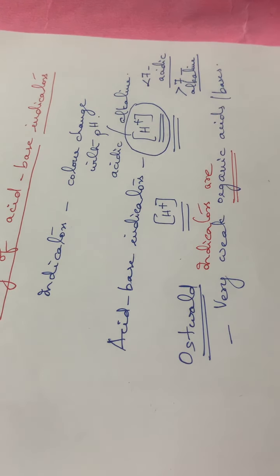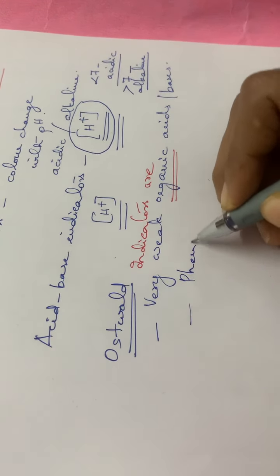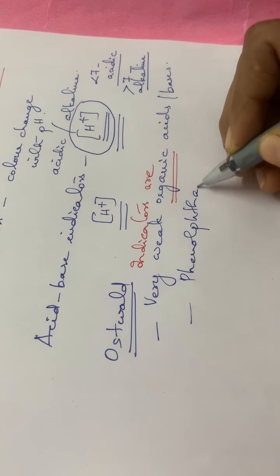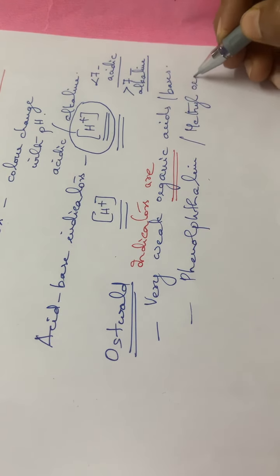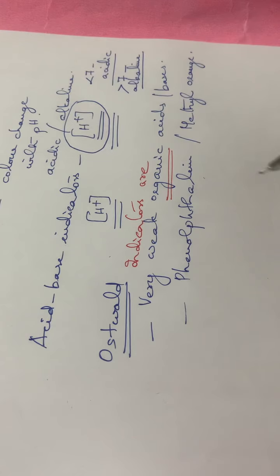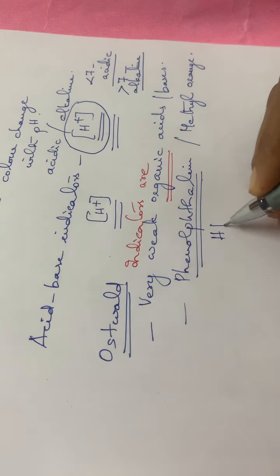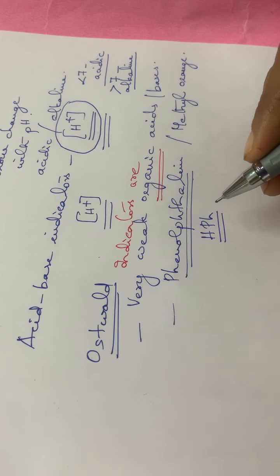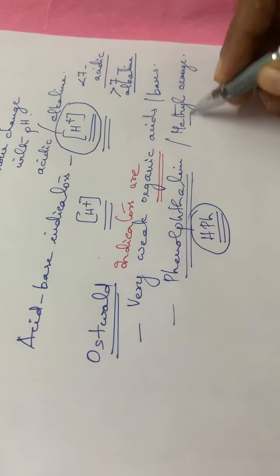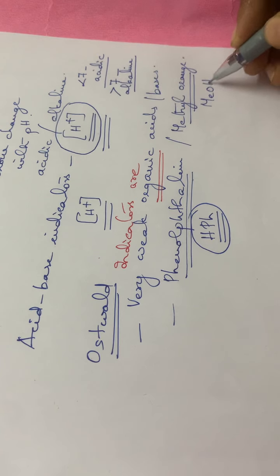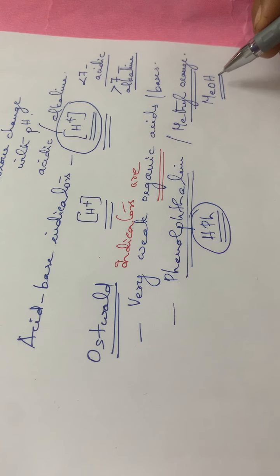Normally, in the case of acid-base titrations, we will be using phenolphthalein or methyl orange. And while explaining this theory of acid-base indicators, we are shortening phenolphthalein as HPH. That is, while writing the equation, I will be representing it as HPH. And in the case of methyl orange, it is represented as MeOH. Okay, phenolphthalein HPH and methyl orange MeOH.